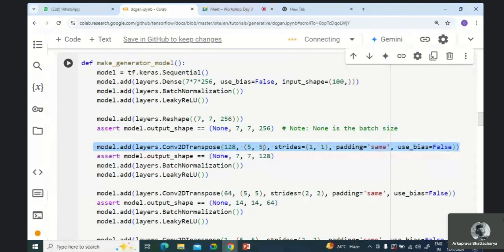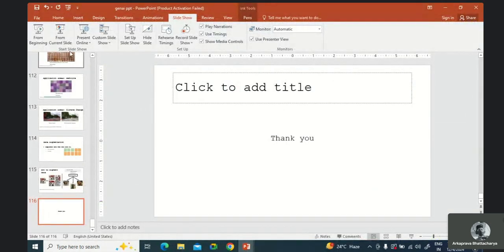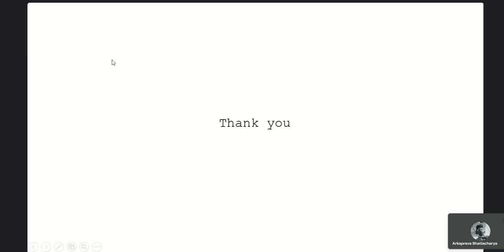Padding same means what? Now here again, participants, I would like to draw your attention. When we use padding same in convolution operation, तो इनपुट और आउटपुट शेप क्या होता है? सेम होता है। पैडिंग का मतलब क्या होता है? आप जो अपनी, I again go to PPT mode. प्रेजेंटेशन चल रहा है मेरा सर, मेरा प्रेजेंटेशन चल रहा है।